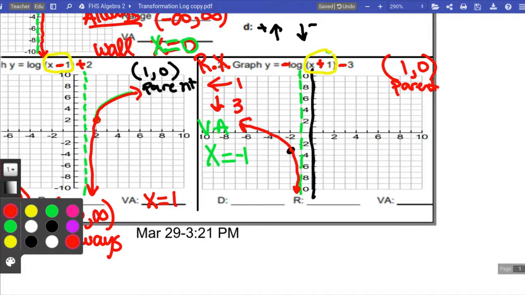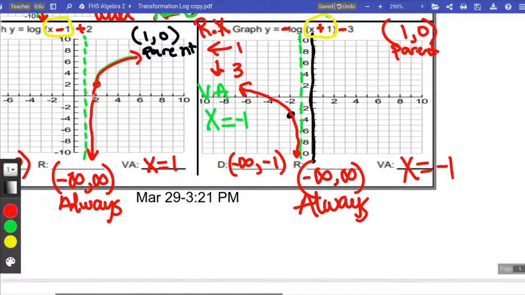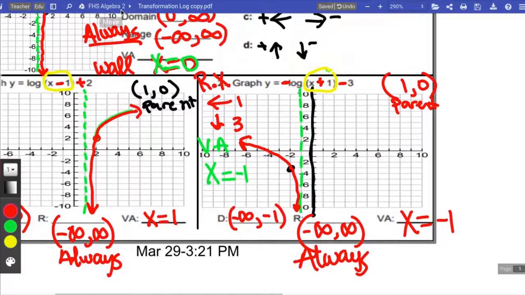Domain: it's coming from negative infinity, from the far left, but it would never cross negative 1. Range: always starts at the bottom and goes up. Always the case. And then we concluded that the vertical asymptote was negative 1, from the opposite. See? That's not difficult, is it? All right, ladies and gentlemen, the next